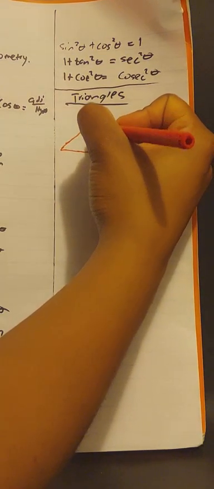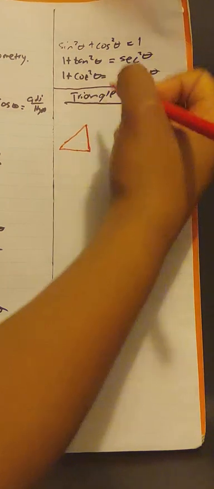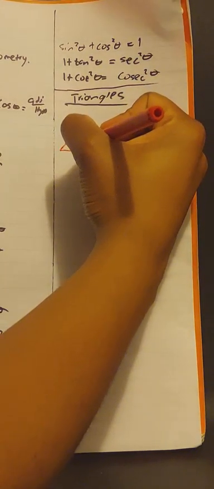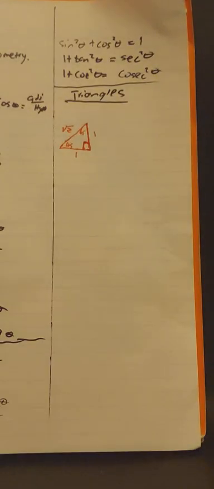They are right angle triangles. That means they have 90 degrees. Here we have a 45-degree right angle triangle. Here it's 1, here it's 1, and then here it's a square root of 2. That is triangle 1. And then we have triangle 2